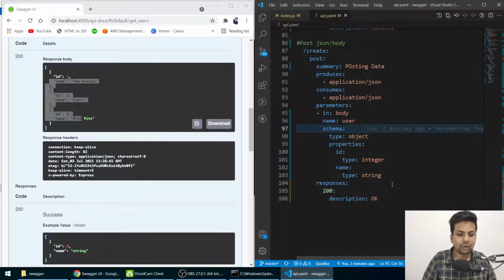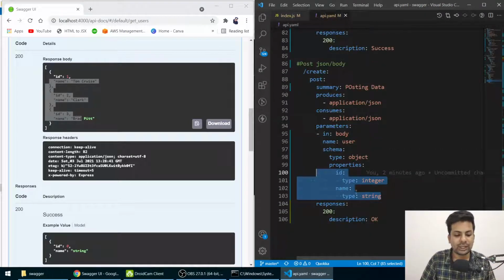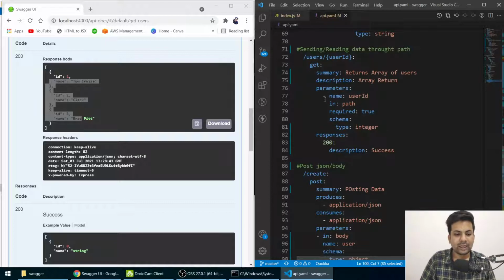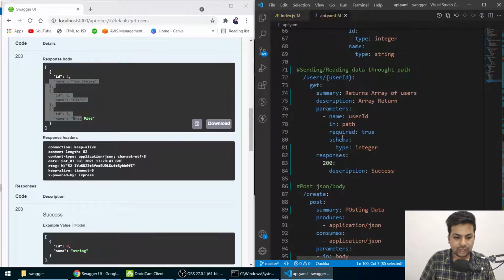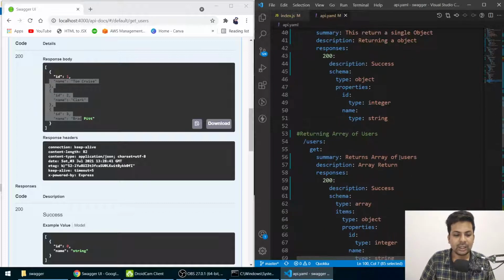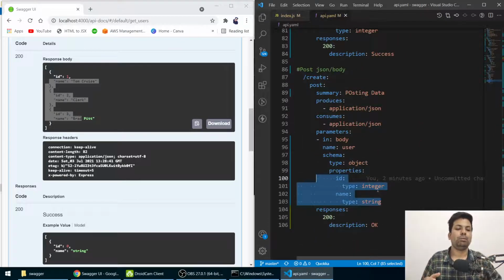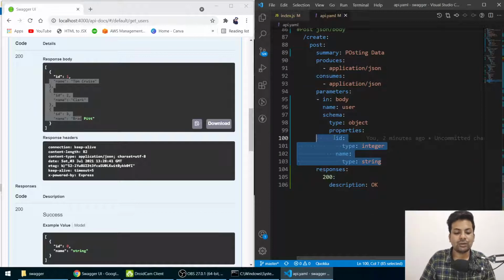Now suppose we want to define data with reference. Suppose you have this id and name you are taking again and again in several places. Suppose you have taken id and name here, and somewhere else too. So you are telling id and name again and again, like in future, or maybe you have 10 or 4 post requests and everywhere you have to define id and name.